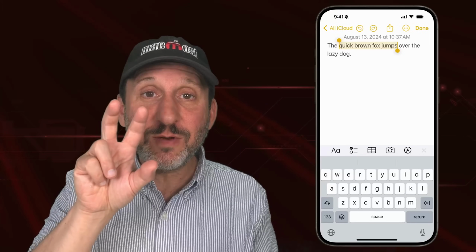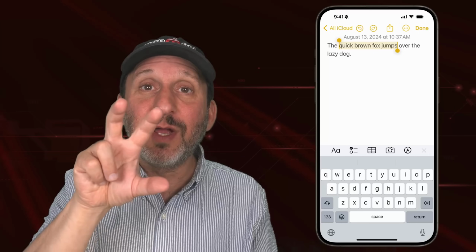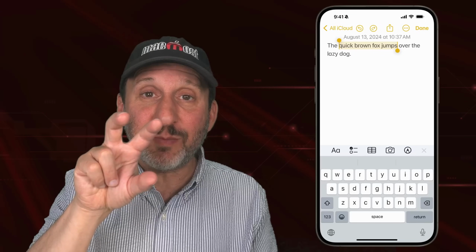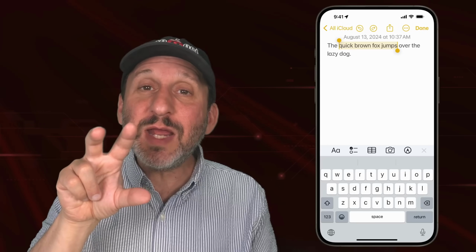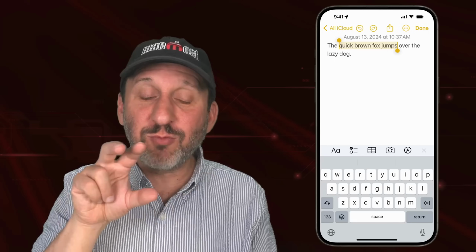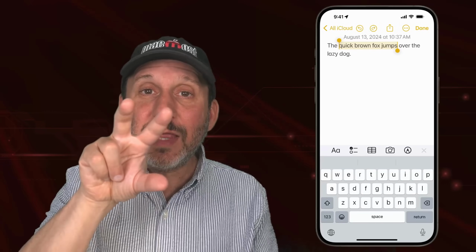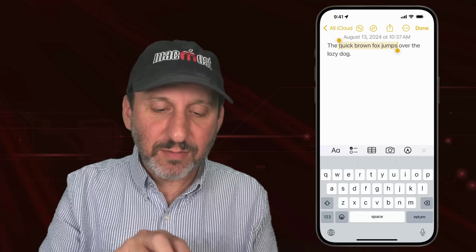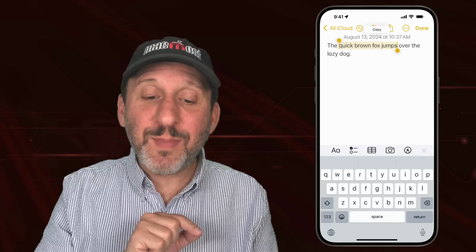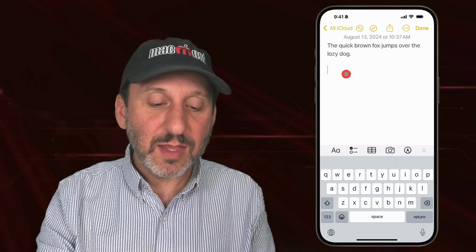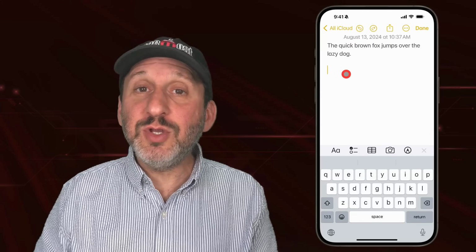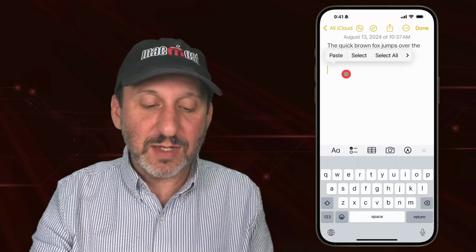What you want to do is make sure your fingers are not too closely together. You want to have the 3 fingers spaced apart and you want to pinch in with those 3 fingers. Do it in the middle of the screen. You don't have to do it right where the text is selected. And then once you do that, you could see the word copy appear at the top of the screen. Then you could tap somewhere else, like here, and you could use the regular way of pasting, just another tap